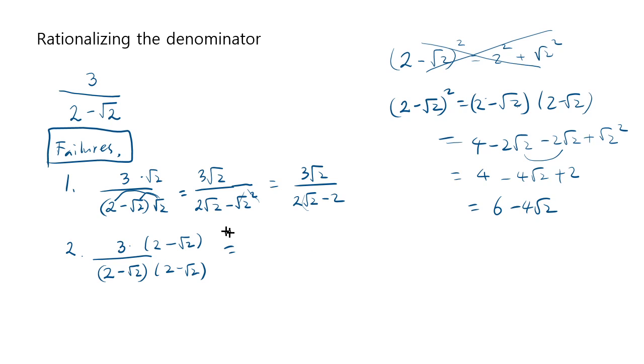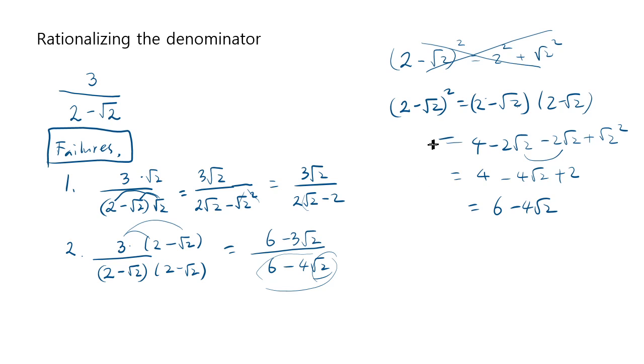So if you did this, then the top would be 6 minus 3 radical 2, but the bottom is still 6 minus 4 radical 2. So you still have the square root inside or under the fraction, and that's not desirable. Okay, so